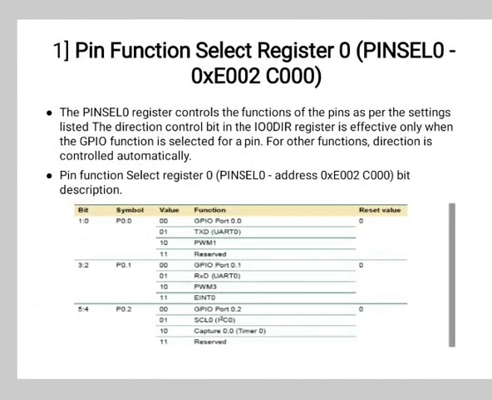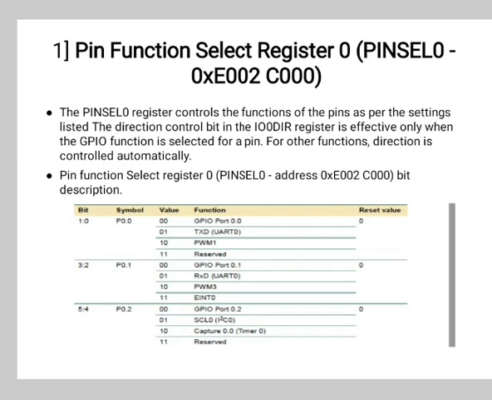The symbol for bits 1:0 is P0.0, for bits 3:2 is P0.1, for bits 5:4 is P0.2, and so on. Similarly, for bits 31:30, the symbol is P0.15. Next are the values. All these registers have 4 values or combinations, that is 00, 01, 10 and 11.